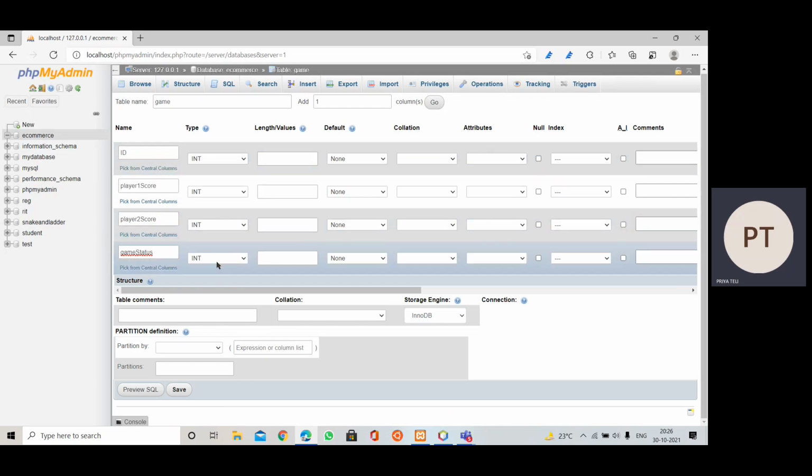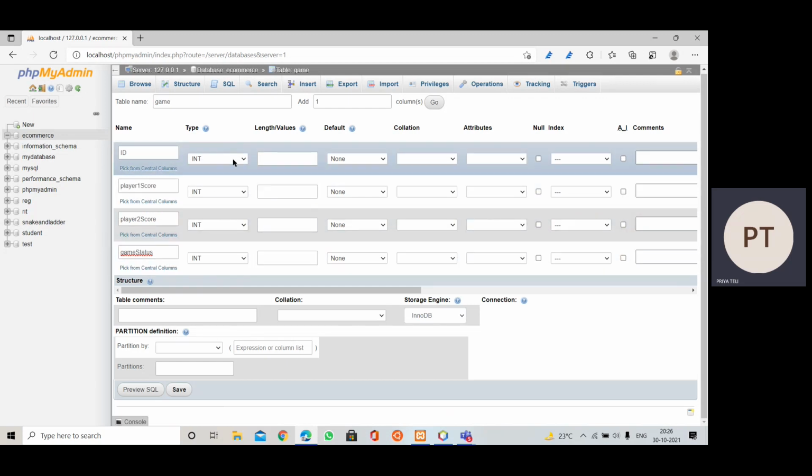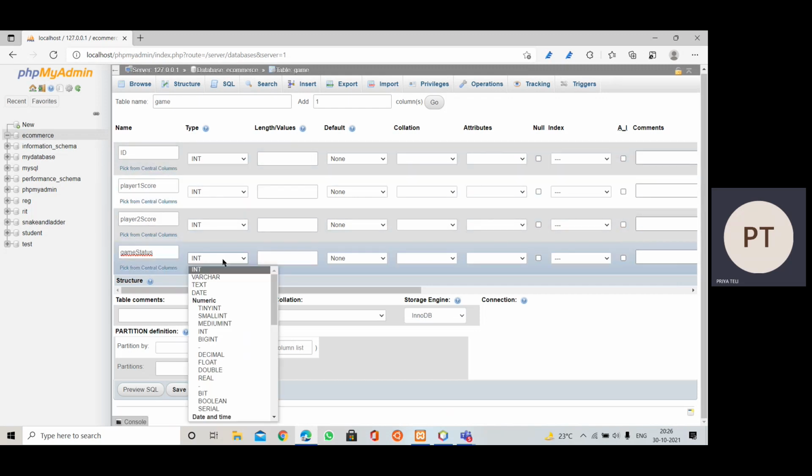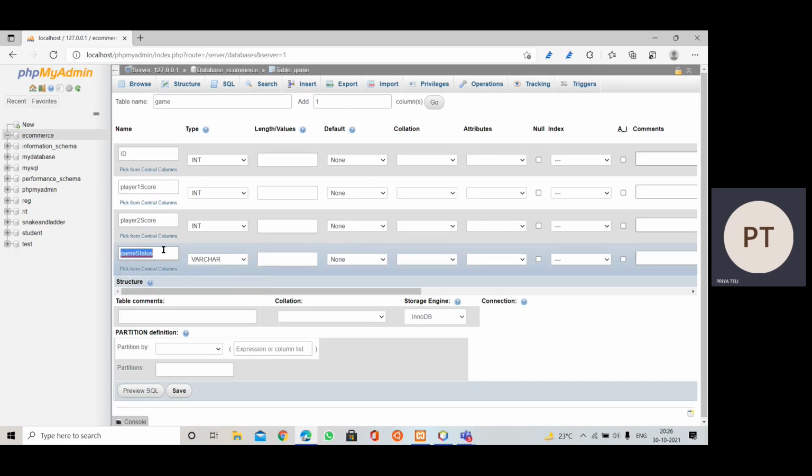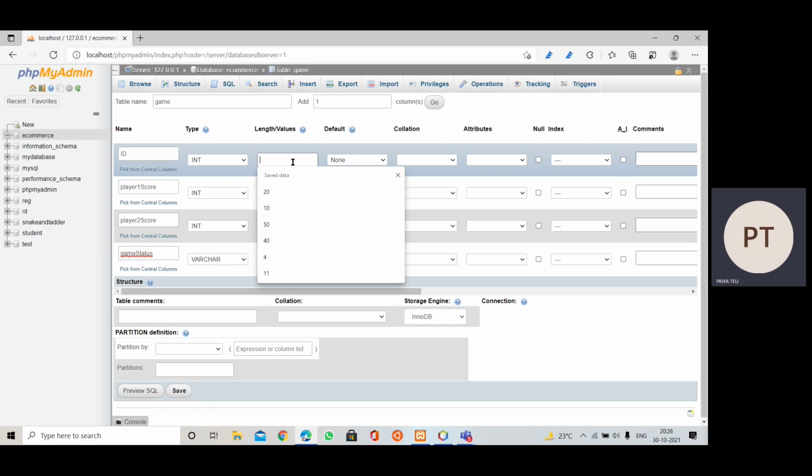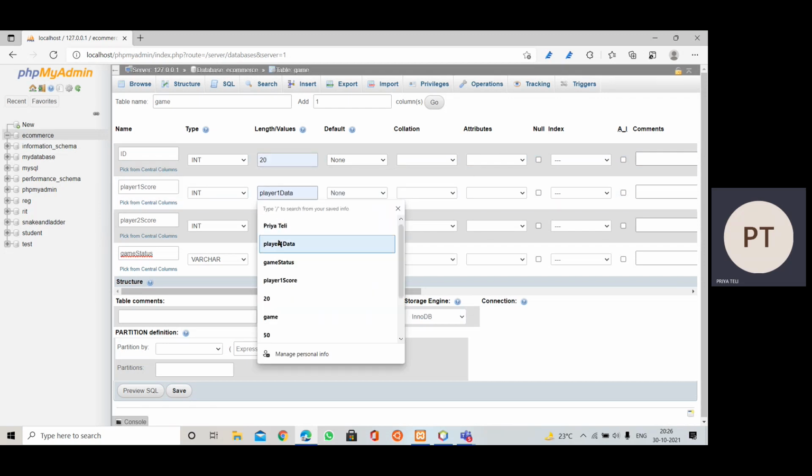Now we specify the data types for these columns. The three numeric columns will be integer. This one will be varchar, since game status will consist of won or lose. Then we mention the length values for these columns, so suppose 20.